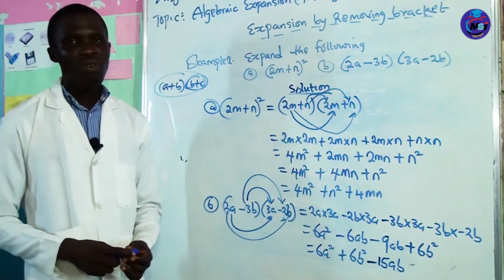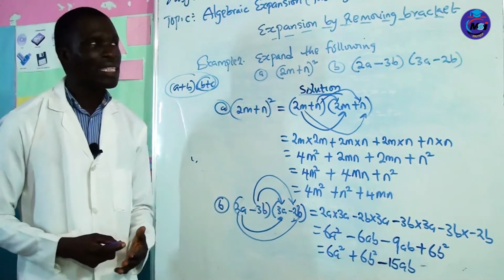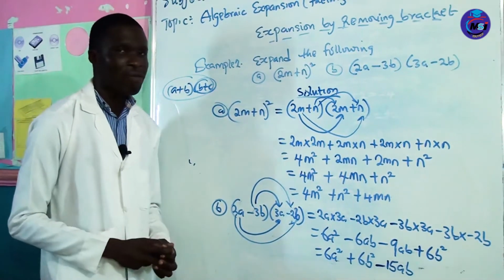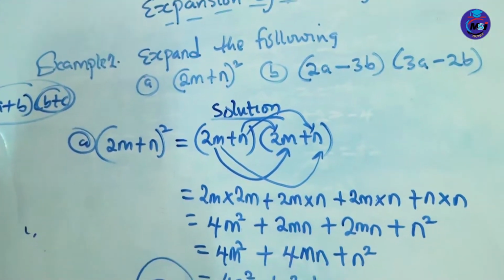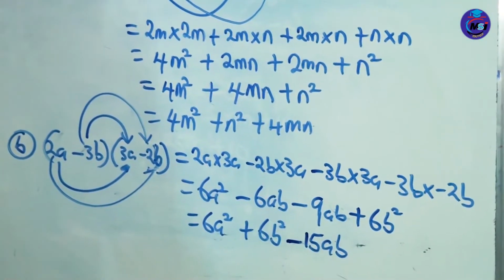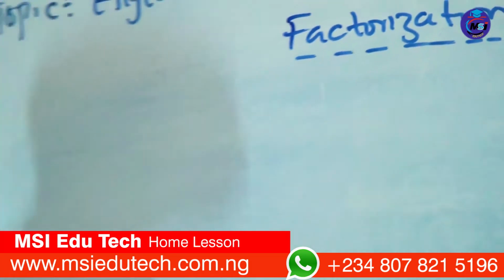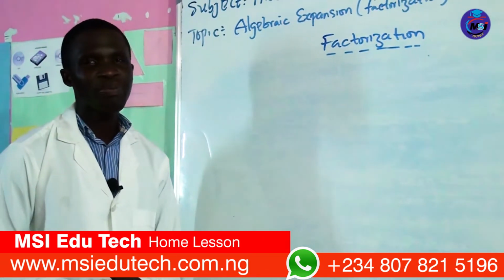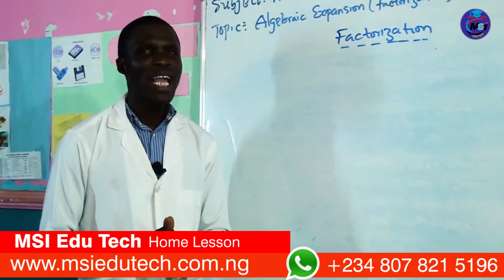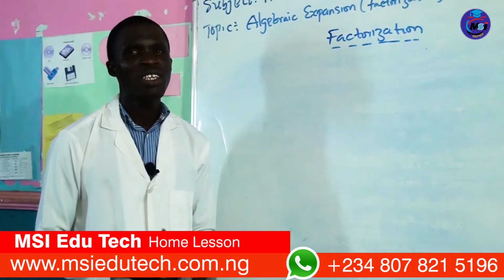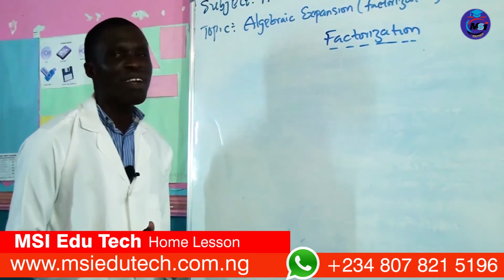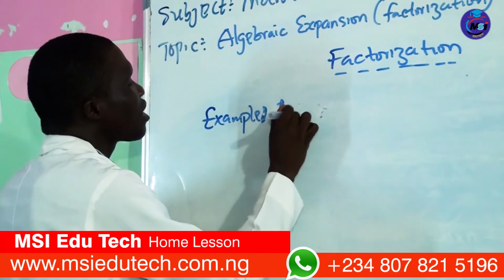Now, the next thing for us to do is we want to look at factorization. That is the next thing to do now. Okay? Now, we want to consider factorization. Here, you need to really think, because we need to find the factors in algebraic expressions. And let me give you an example. Factorize